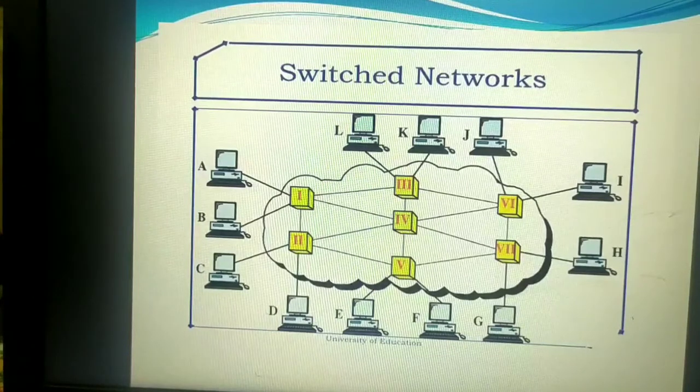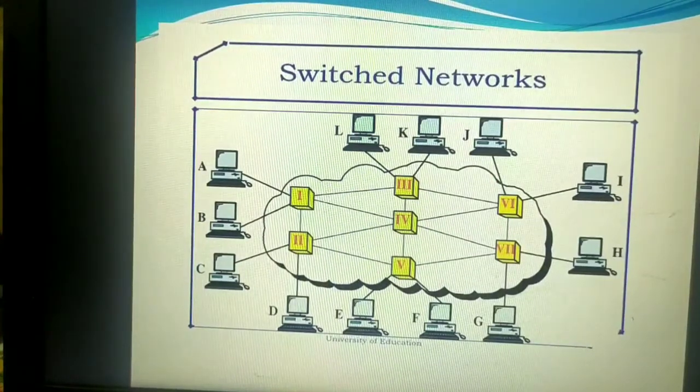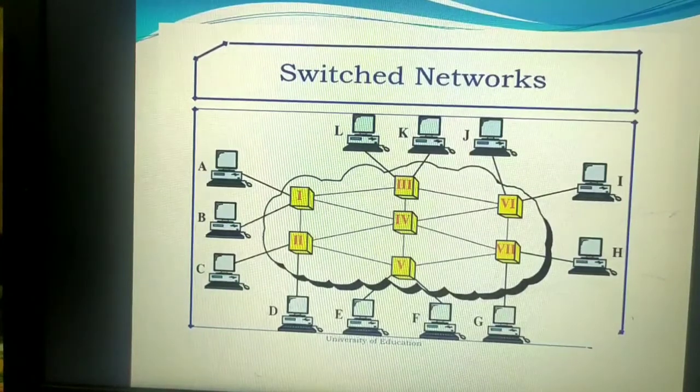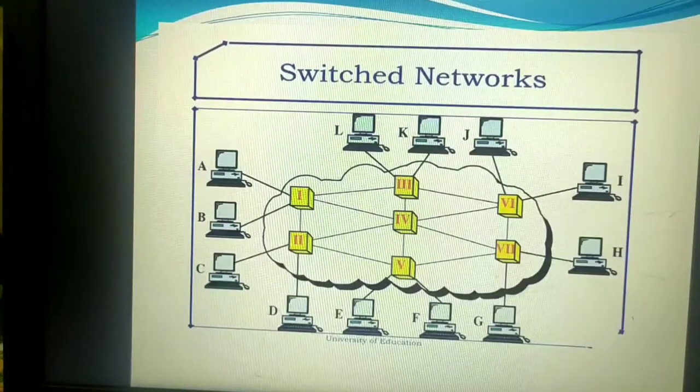Through that switch, we are able to connect the different computer systems. To make them communicate, we need to study the switching techniques, and we have three different switching techniques: circuit switching, packet switching, and message switching.